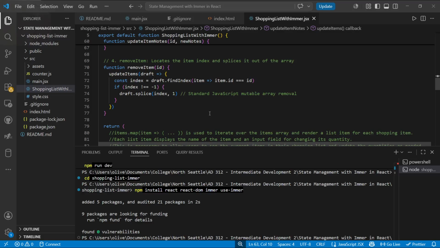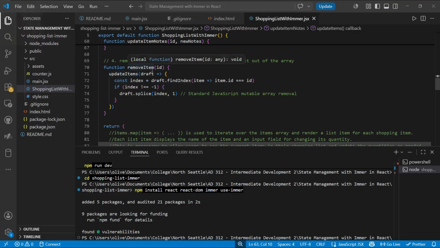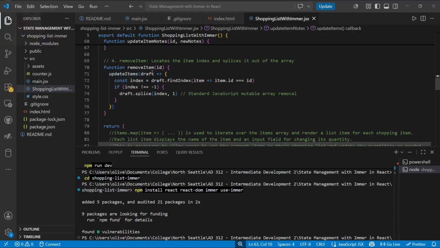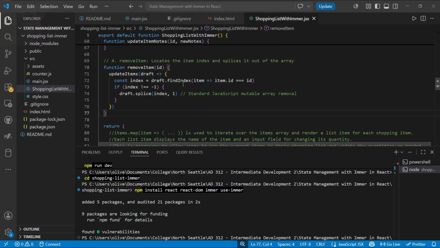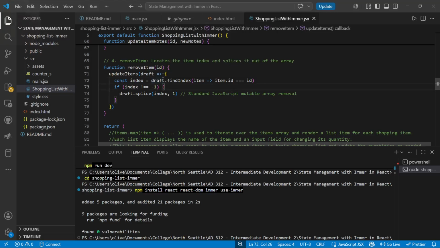Otherwise, it wouldn't allow you to do that because it wouldn't detect an item. Remove item. The function and the logic behind that, it checks for the ID and then it uses the syntax to update items, and the Immer library and the React functionality that allows you to call a function within it much more effectively using this sort of equal sign,